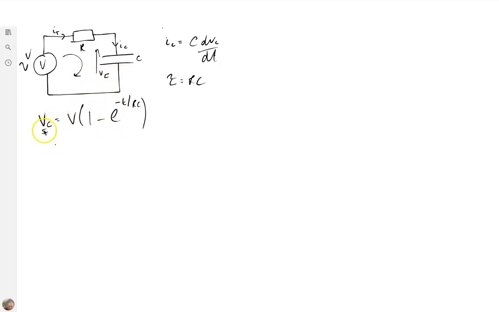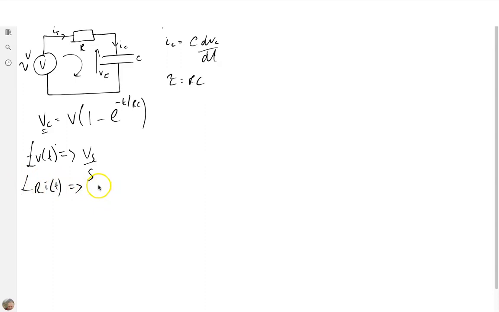So if we consider what this voltage mesh would look like in the S domain, the V of t, if we took the Laplace transform of that, we end up with V sub s over s. And then we have the R times I of t. If we take the Laplace of that, we end up with R times I of s. And then if we take the Laplace of the capacitor, we end up with 1 over sC. If we express now this mesh as V,